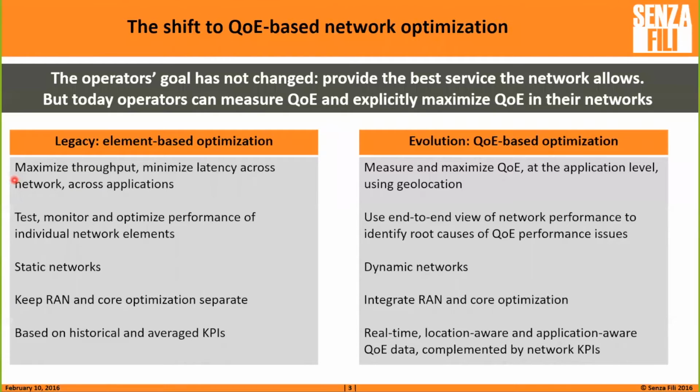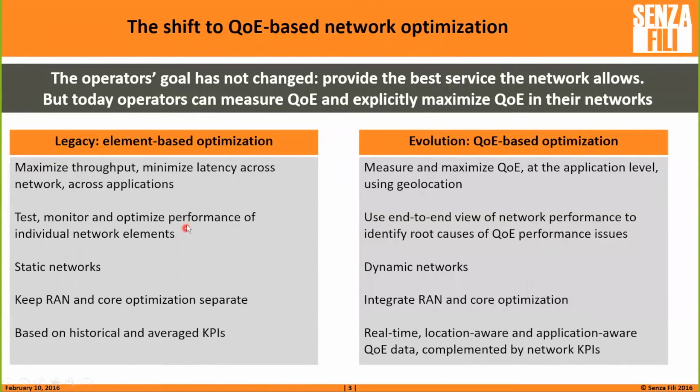The downside of that is that you do this in a sort of brute force approach. You treat every packet in the same way, and by doing that, you do not extract as much value from your network assets as you could otherwise. And so now, as we move to a QoE-based optimization, operators are trying to measure and maximize QoE, paying attention to what in the performance matters to subscribers, at the application level, from the location, at different times, and optimizing based on that. So it's no longer pushing as many bits as you possibly can, but picking the bits that matter the most